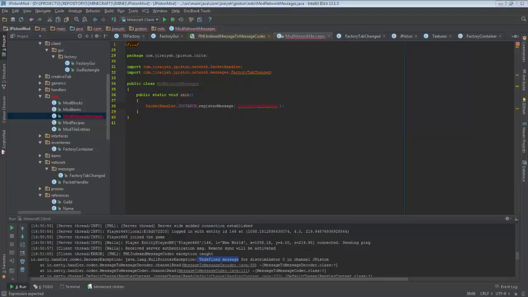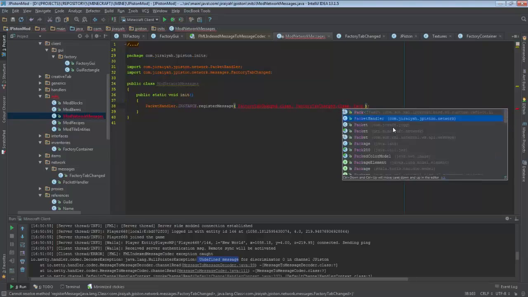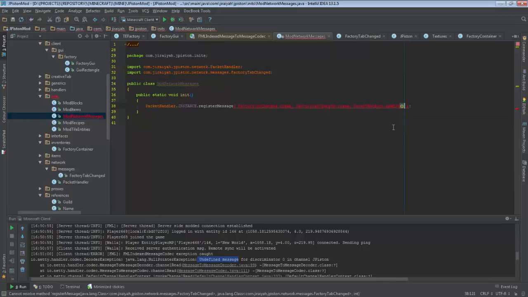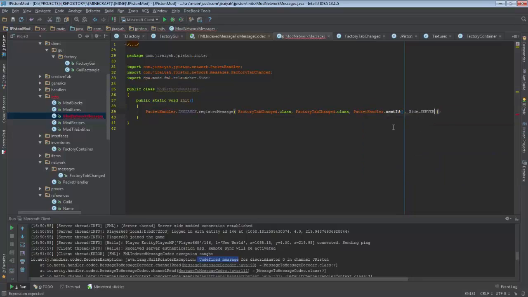Okay, dot class, and again factory tab changed dot class, comma packet handler dot next ID. You remember we added that, and hey, now we say, hey, this is server side. Okay, so this message is server side, although I'm fairly sure that all the messages I will send are server side. And now if I run,